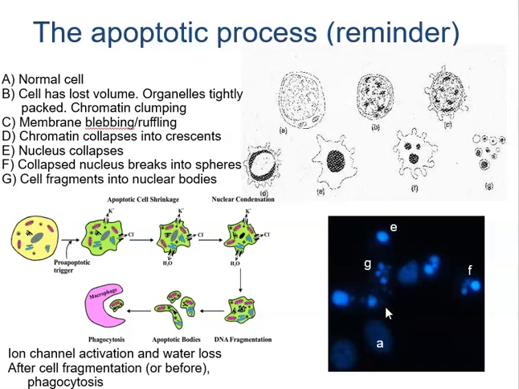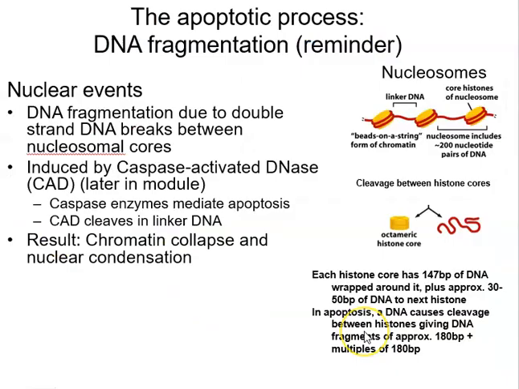There are various variations on this, you'll see this later in this session, but the nuclei differ in their shape. The reason the nuclei differ in their shape is because during apoptosis we've got activation of caspase activated DNAase. You've learnt about this in the previous lecture. Caspases cleave ICAD, releasing CAD, and then CAD will cleave the DNA between histones. That results in DNA being cut up, and that causes the chromatin to collapse and you get nuclear